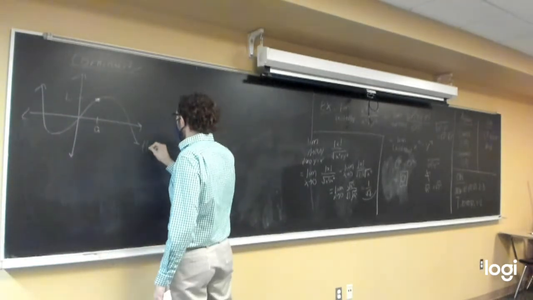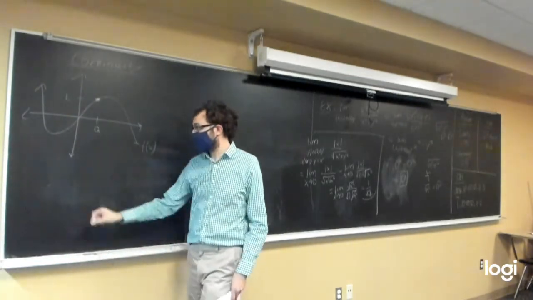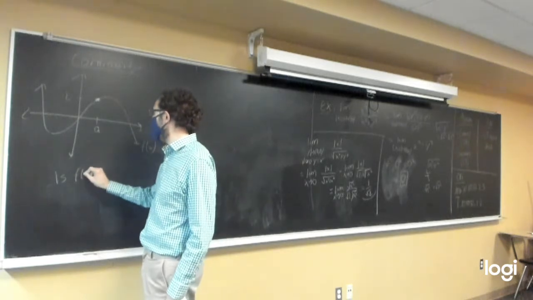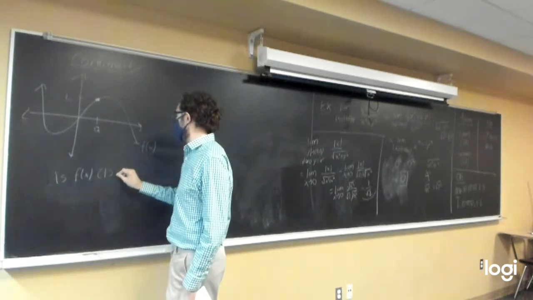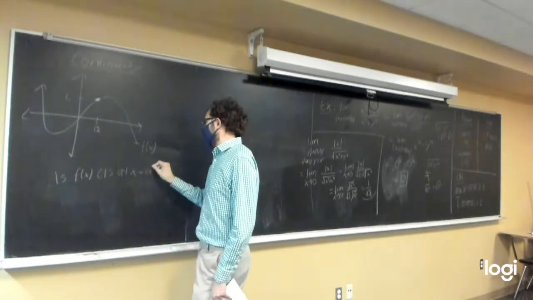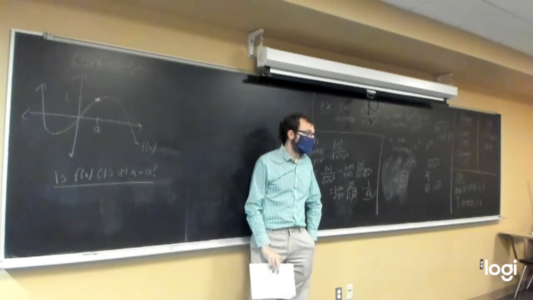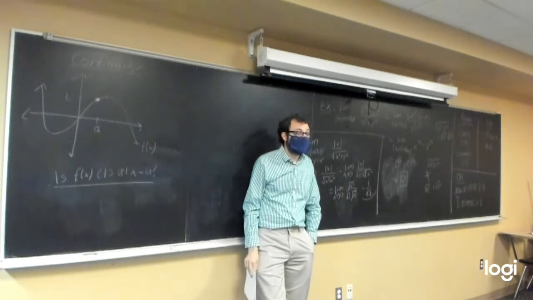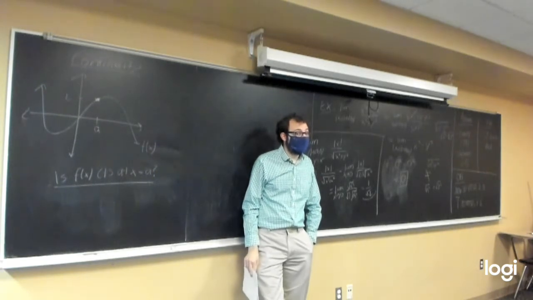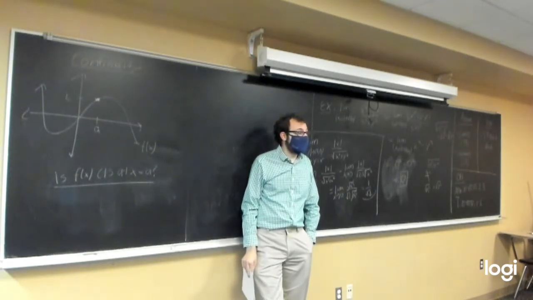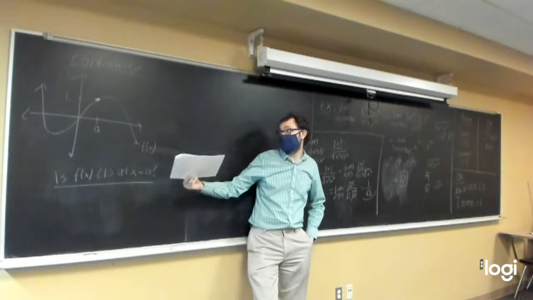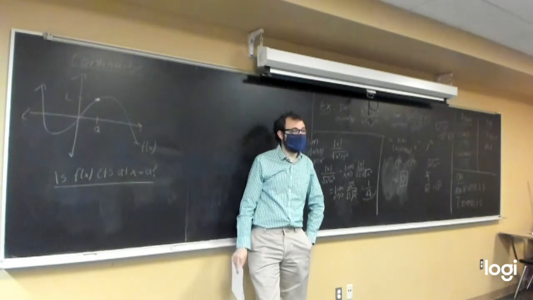And if this is our function f of x, the question I have is, is f of x continuous at x equals a here? Just from eyeballing the graph, what does your gut instinct tell you about whether or not this function is continuous at the value of a that I